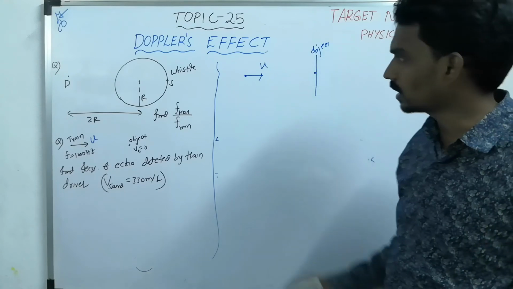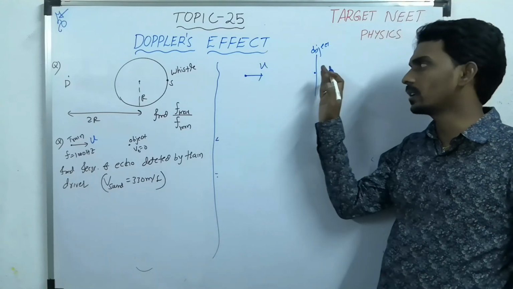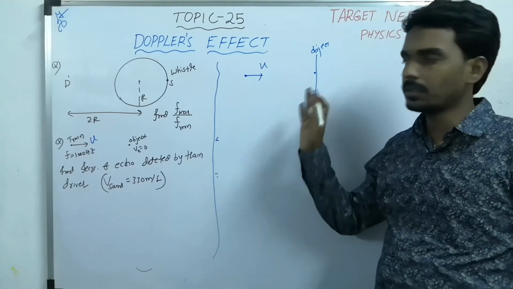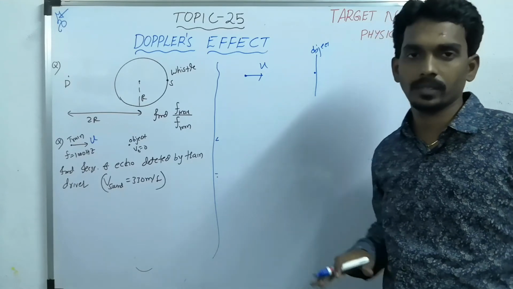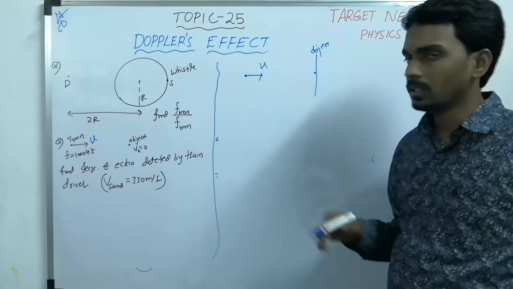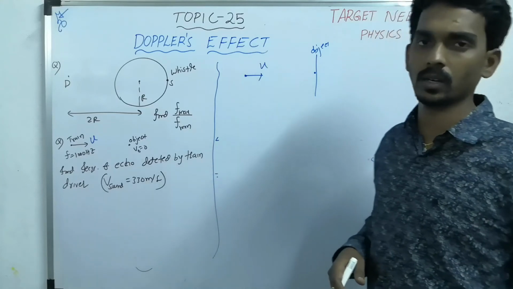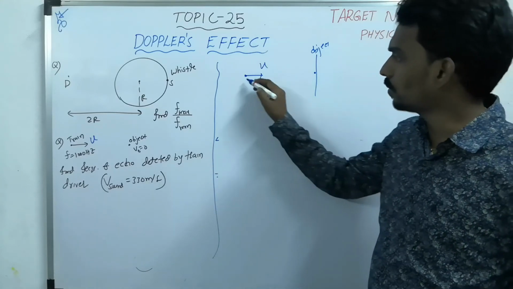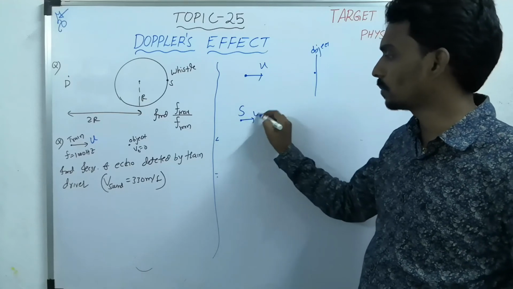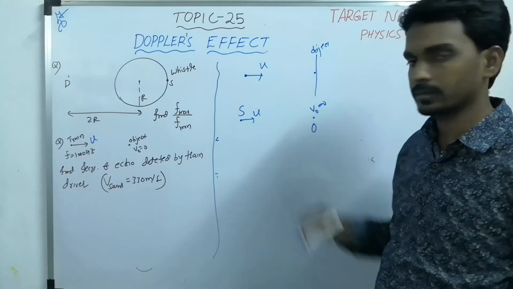What they are asking is, once the sound of this frequency is released, it reflects from this object and comes back as an echo. Echo means the reflected sound, like when you make a sound in a hill area and you hear it again. That is called an echo. In the same way, first the train is like the source, moving with a speed u. Now the object is like the observer, at rest.